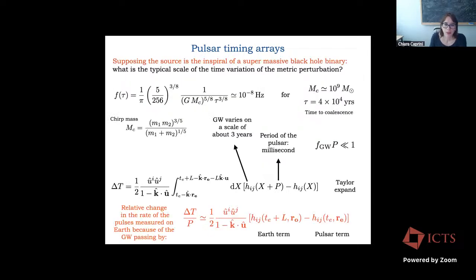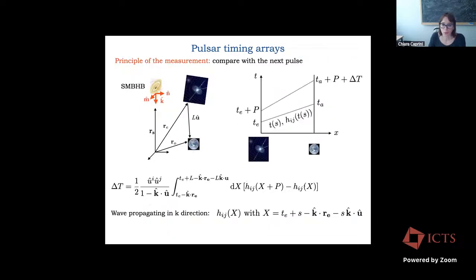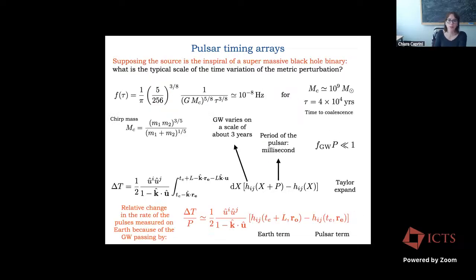But now we said, okay, let's see what we can do with this particular combination, and let's make the hypothesis that the source of this gravitational perturbation, of these gravitational waves, is the spiral of a supermassive black hole binary. And then we ask, in this case, what is the typical scale of the time variation of the metric perturbation? I said that this can be done assuming the simplest description of a binary system, which is the one in